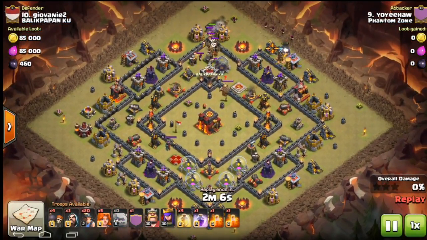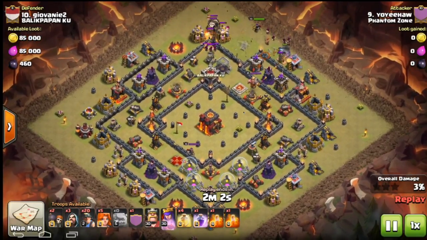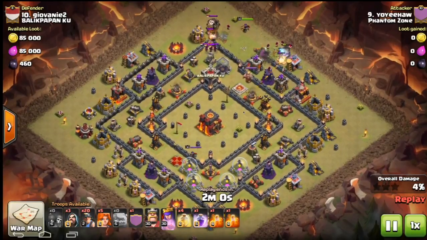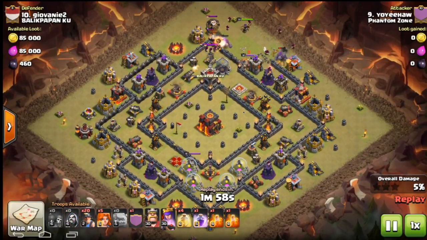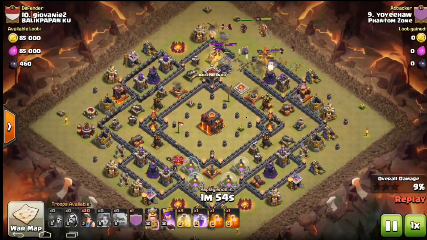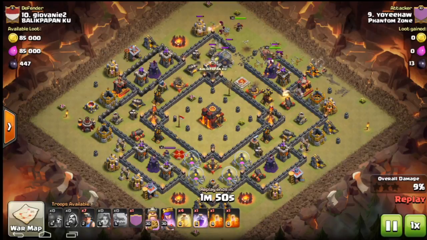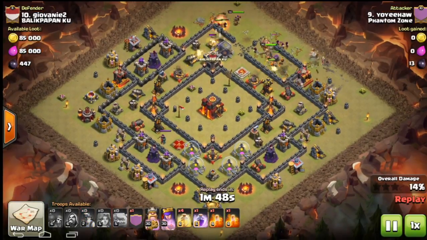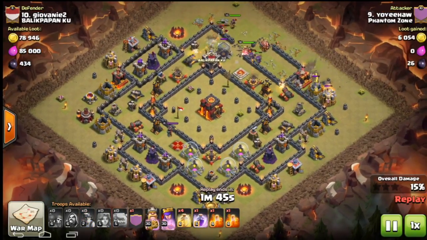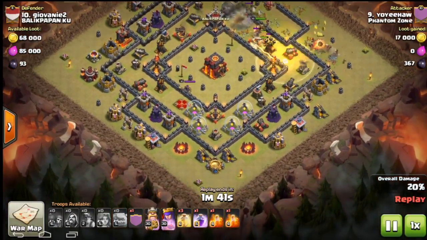I guess just protecting the 2-star. Stopping 9s coming up if that were an option, running any anti-3s. So this is interesting. This is a Valk Valk Miner hybrid. Kill squad of Golems, Wiz and Valks. Miners coming round